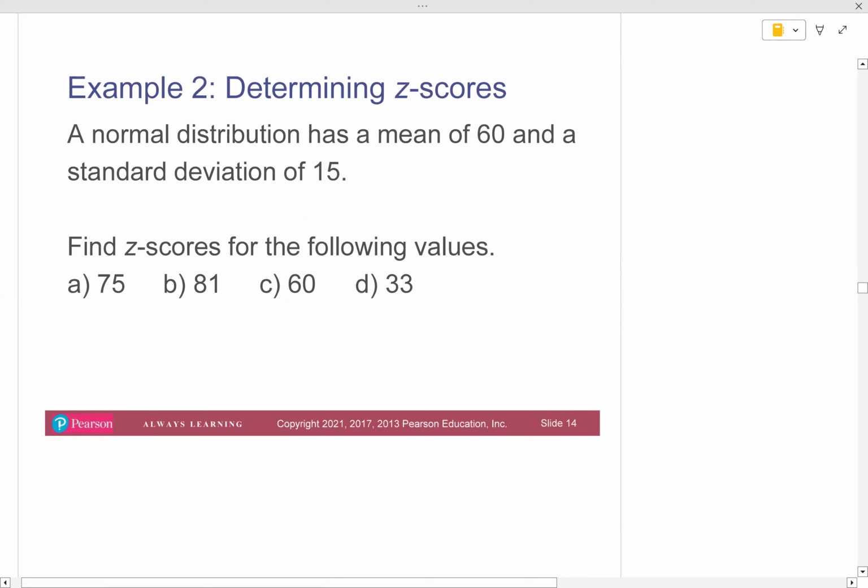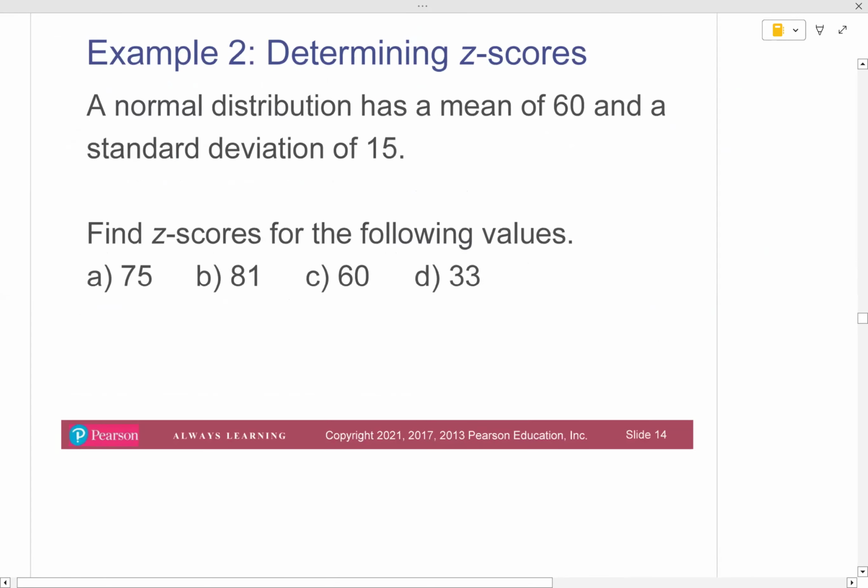Now let's try to find the z-score for each of these. So a normal distribution, let's say this is just a situation, okay? In some situation, a normal distribution has a mean of 60. God only knows what they're talking about. 60 what? I don't know, don't worry about it. And a standard deviation of 5. So let's see, it doesn't say if they're sample or population, so I'm just going to give them labels, but it could be,